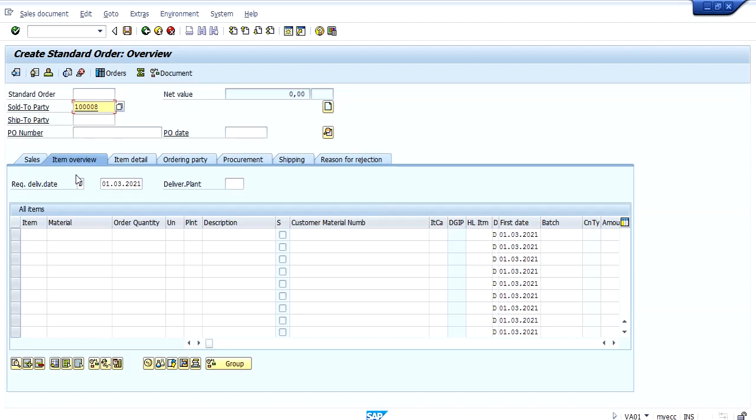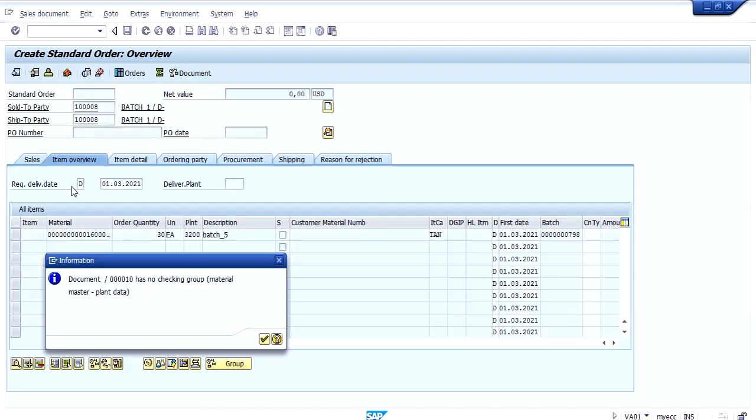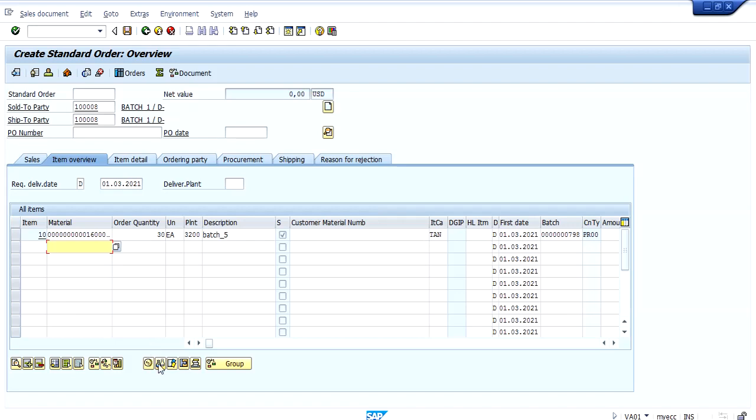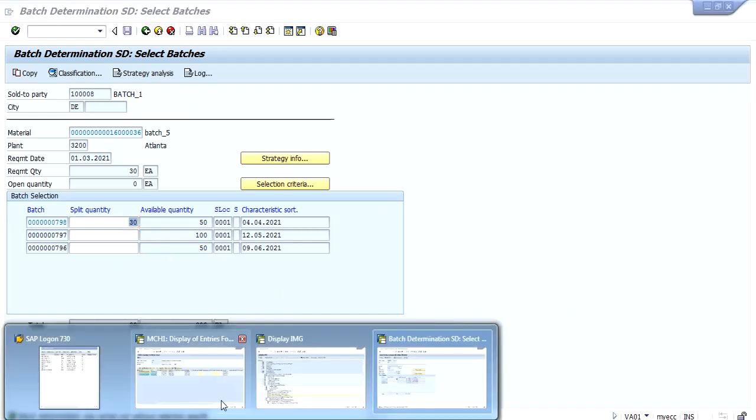So this is the customer number with which we have created a batch condition record. Click on enter. Now click on material. So here we can see batch determination. Once we click on it, we can see how the system is assigning the batches.